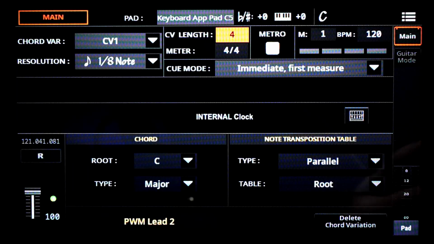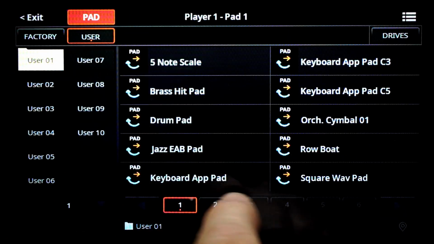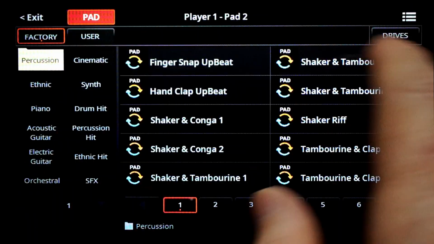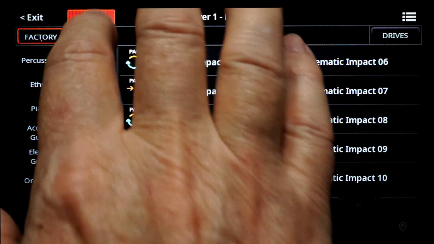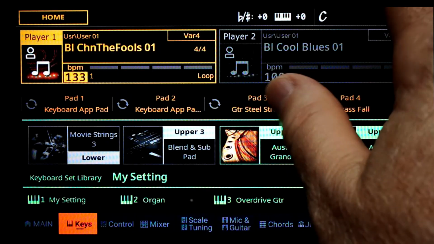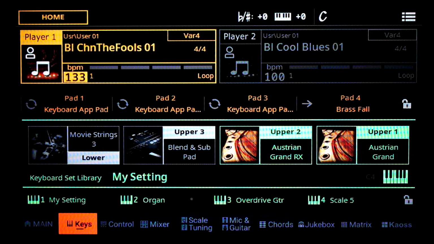Okay, save, exit out of everything, and for pad 1 we'll bring up our original pad that we created. For pad 2 we'll bring up user, and we'll bring up user pad C3, exit. For the third pad we'll bring up user C5, exit. So now if we play pad 3, we play pad 2 and play 1. And if we play A minor,